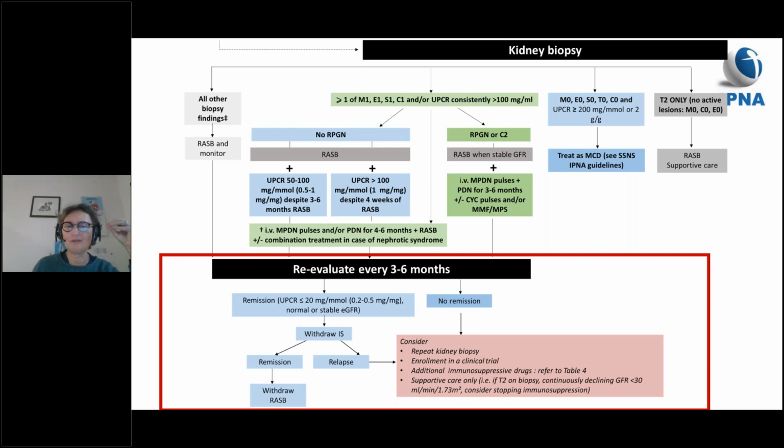When you're going through the follow-up of these children who need to be reevaluated every 3 to 6 months, you have to aim for complete remission. If you obtain that, you withdraw immunosuppression, and after a long time you withdraw RAS blockade. Otherwise, you have to be proactive about repeating a kidney biopsy, enrolling in a clinical trial, adding immunosuppressive drugs, and optimizing supportive care. Supportive care only is for those children in whom you feel that there is no margin to further benefit that child, considering the extremely progressive form of disease that the child has,